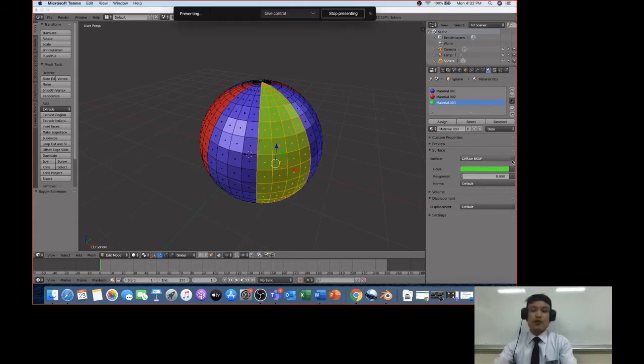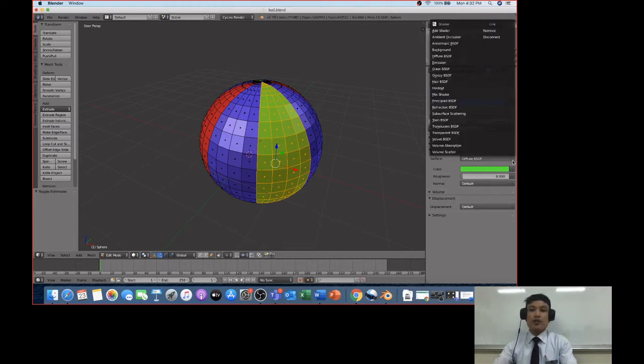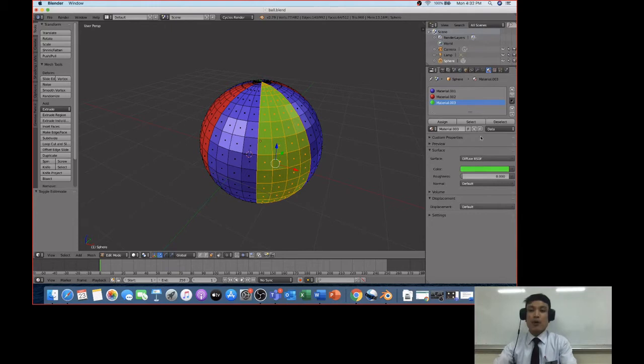So if you're going to use diffuse, only diffuse you can use. If you want to use glossy, only glossy you can use. If you want to use glass, only glass you can use. You cannot use the other shaders here. That's the problem when you set it using the property tool here on the right side of your screen. So in order for us to mix or to combine different shades,